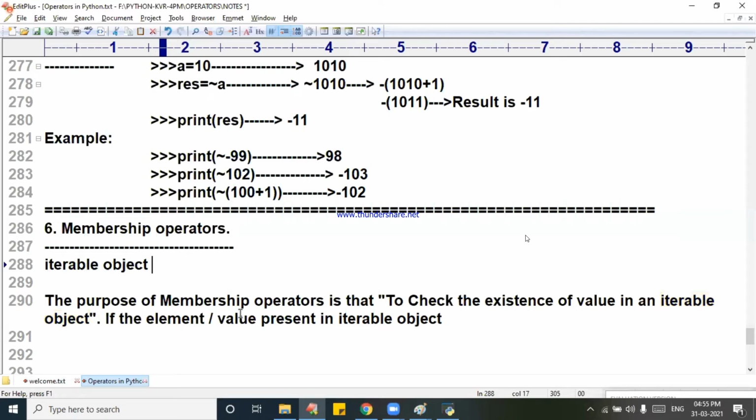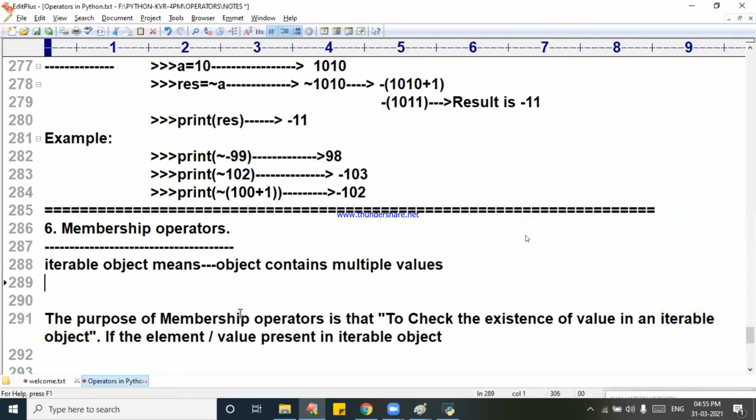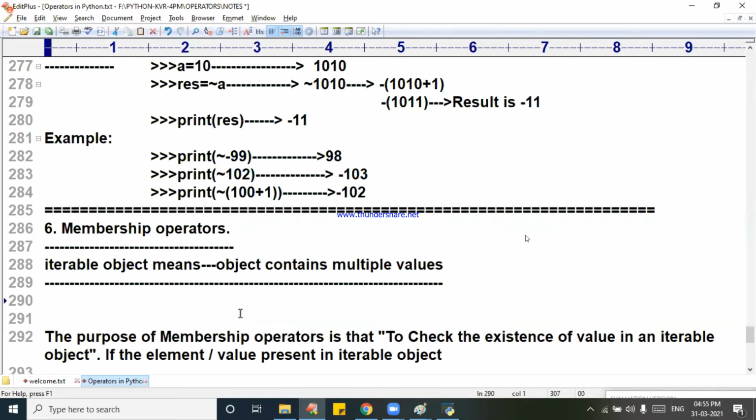Iterable object means it is an object that contains multiple values. Now you tell me what are the examples. Already we learned. Don't write. Don't take it as a changeable object.